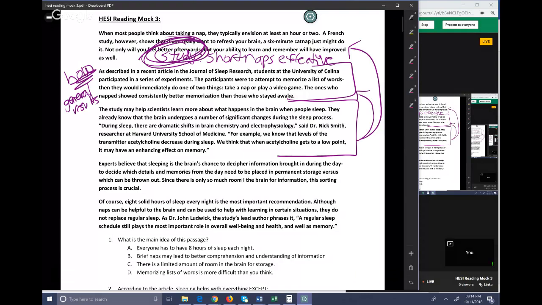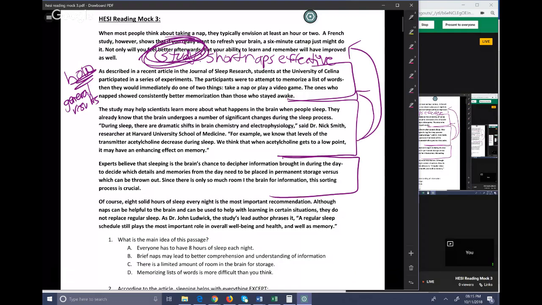The fourth paragraph says specifics about storage of information and remembering. So the fourth paragraph goes into specifics about the fact that sleeping plays a role in sorting through information, deciding what to keep, forming memories, and essentially what the connection is between sleep and the process of remembering and processing info.